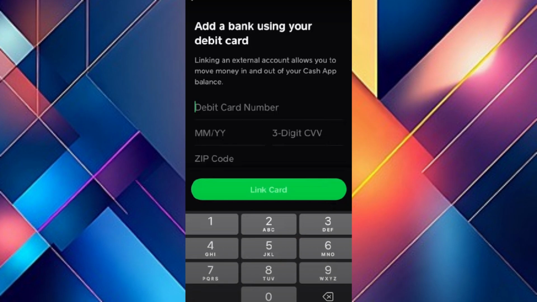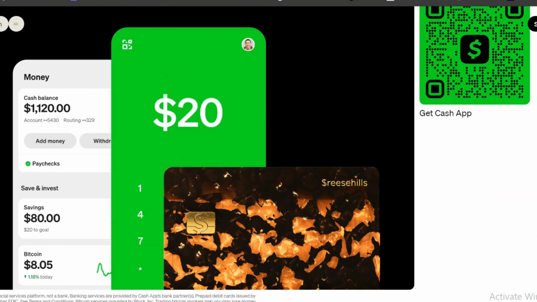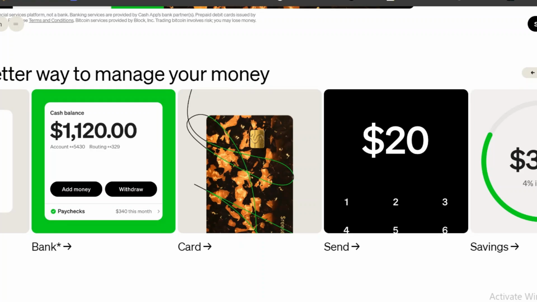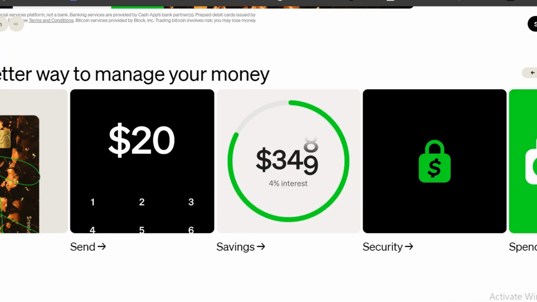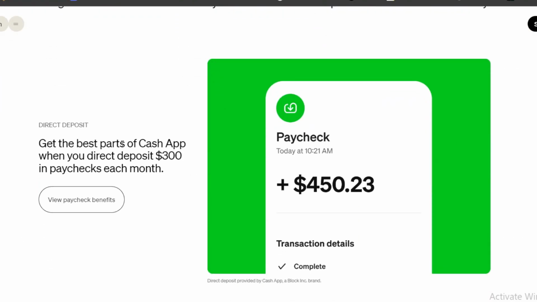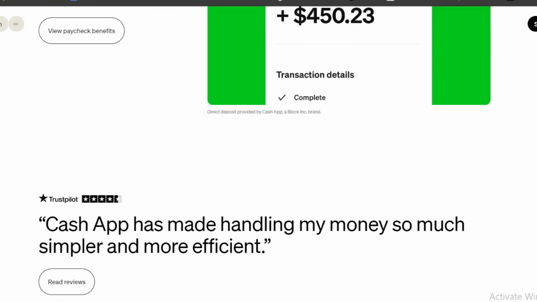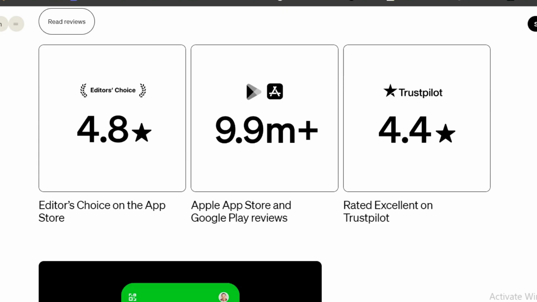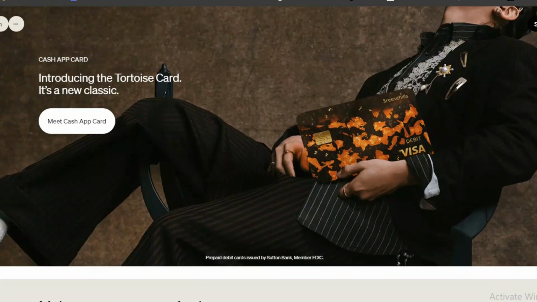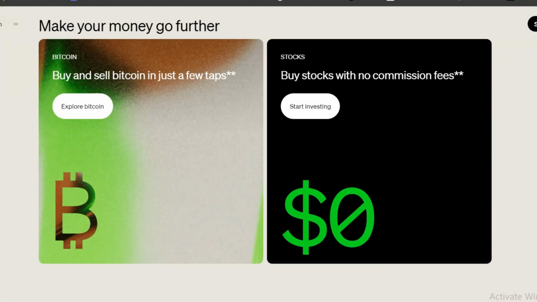Now let's talk about using an ATM. So you cannot directly deposit physical cash into your Cash App card at a standard ATM. Most ATMs don't support this feature for Cash App cards. However, here's what you can do. Deposit your cash into a traditional bank account using an ATM that supports cash deposits. Once the money is in